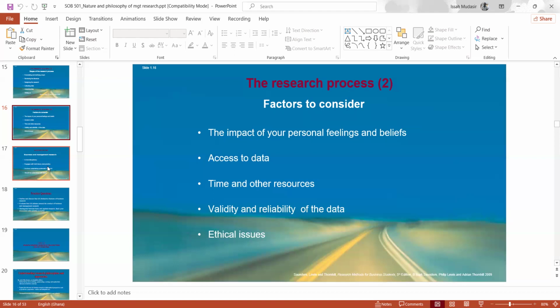Yes, most of the data that are very critical, they are for sale. Yes, they are for sale, unless you use open source data. If it is data at the Ghana Statistical Service, or the Bank of Ghana, or whatever, those ones are free. You go and download.